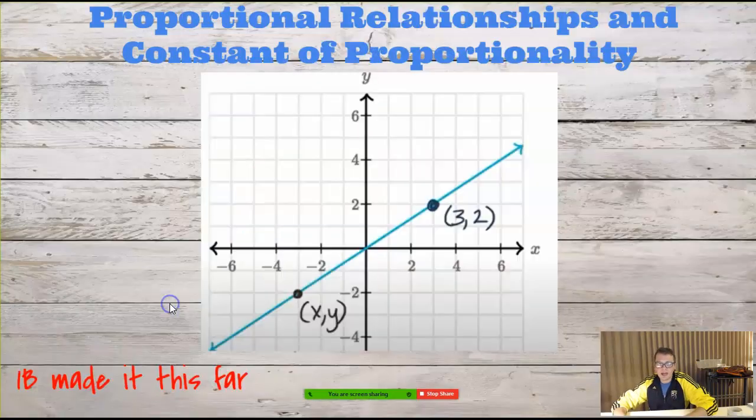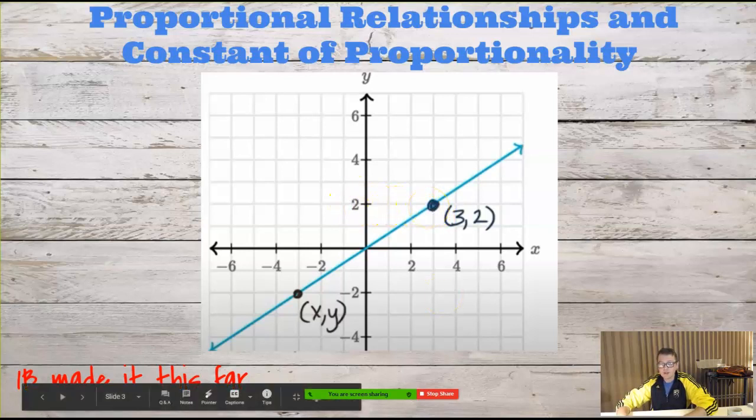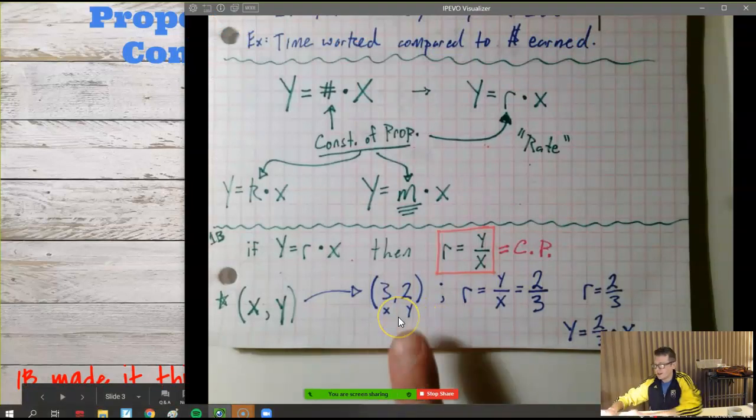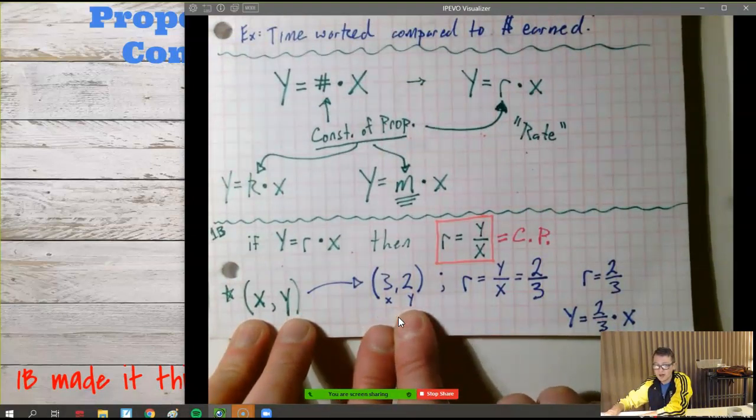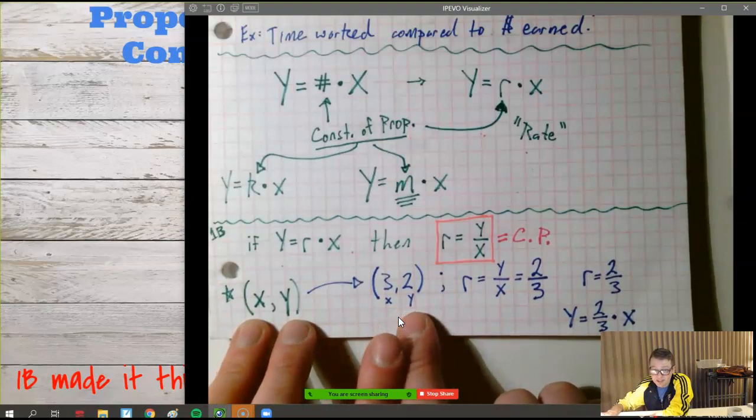So what we do is we look at our graph and we pick a point, a nice point, right? So this point, if I count out on the x-axis, which guys remember the x-axis is your horizontal axis. So if we count out the x-axis, that takes us 3 on the x. If we count up on the y, like up takes us to the y value, right? Up, down is our y value. That takes us to 2. We come over and double check that. So the math we're going to write down then is our point is 3, 2. That's x, then y.